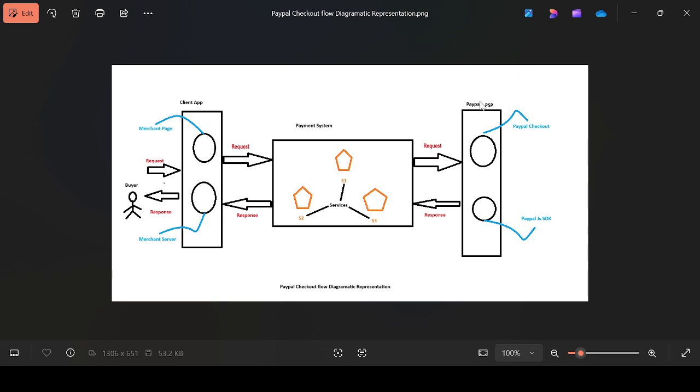One of our PSPs is nothing but PayPal. We are using PayPal. Our buyer makes payment to the client application, right? It is just a diagrammatic representation of the PayPal checkout flow. Okay. Now, what also we are going to see today